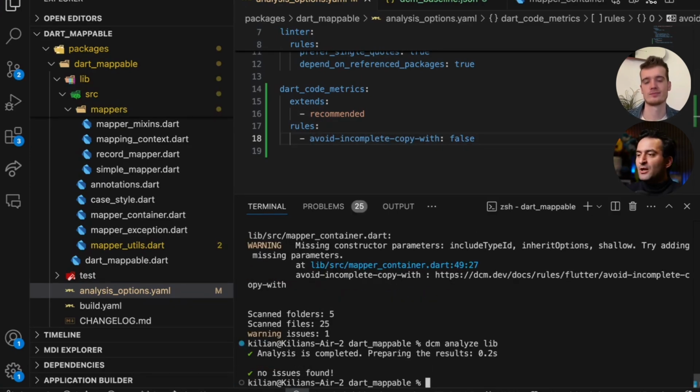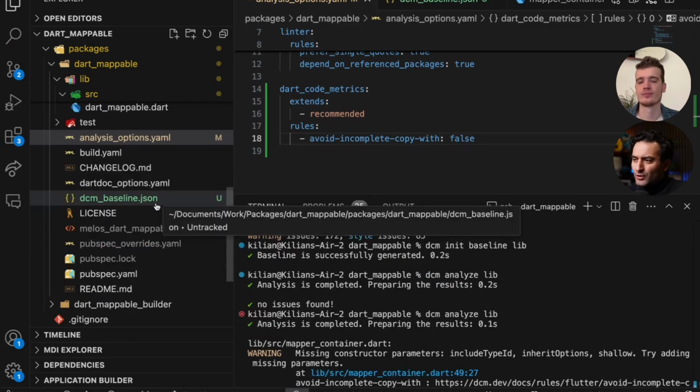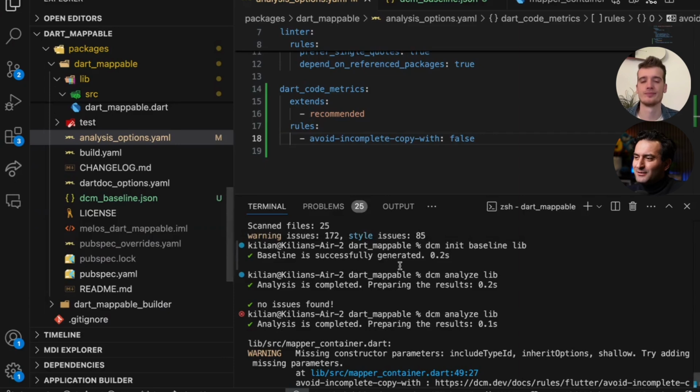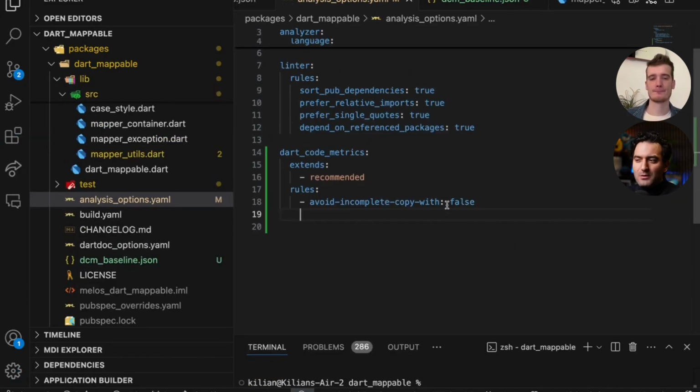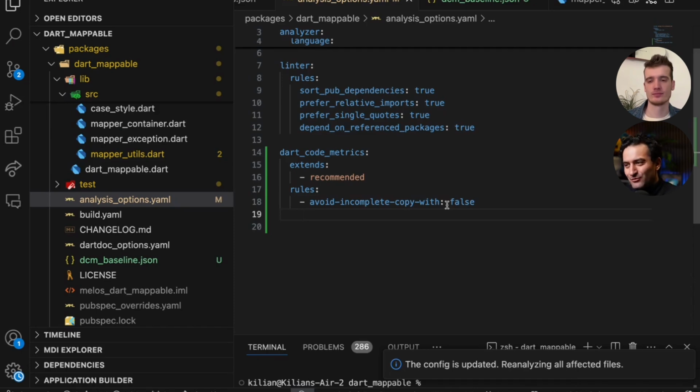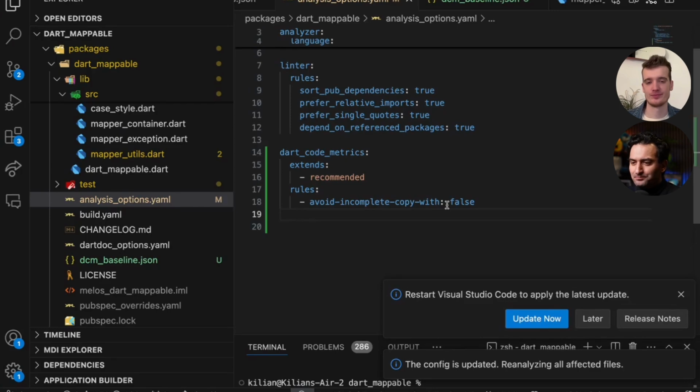Okay, sounds good. Now, I think one of the things I want to take a look at is some of the major coding issues, the member ordering. This is something that is interesting to fix. So what do you think, Kilian? Maybe we should enable the member ordering. It's a styling issue. And it's also an interesting one to fix. We had a lot of issues with that. And it also had an auto fix. Should we